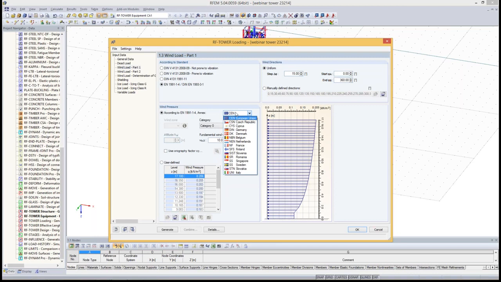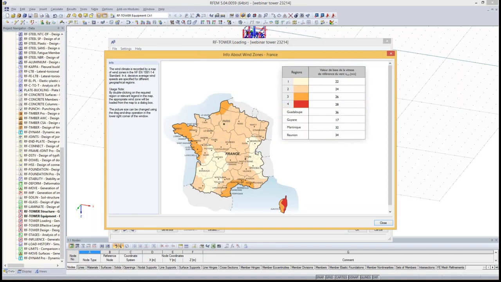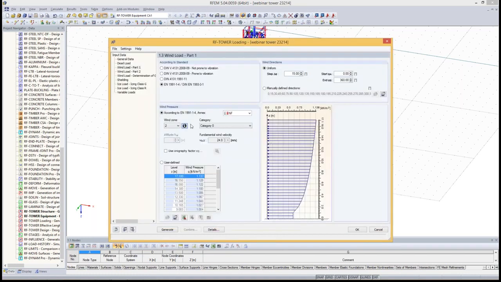In our example, we want to use French Annex, for example, to apply loads according to Eurocode. By clicking on this information button, you can skip to the mask, to a map. And for example, I will use Lyon for wind load location. If you want to use your own wind pressure, you can also define this manually in the table on the bottom of this